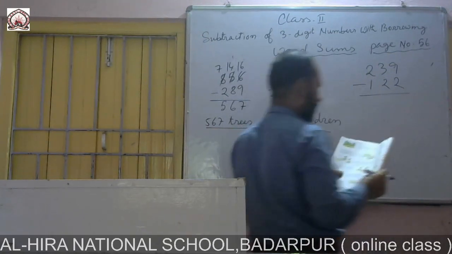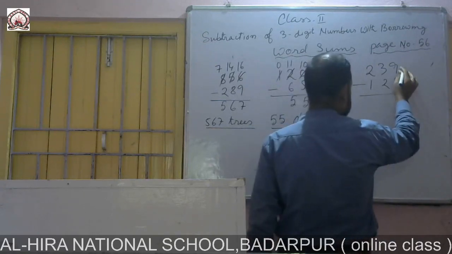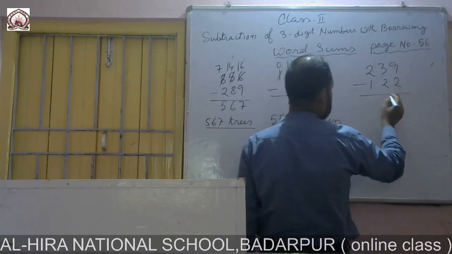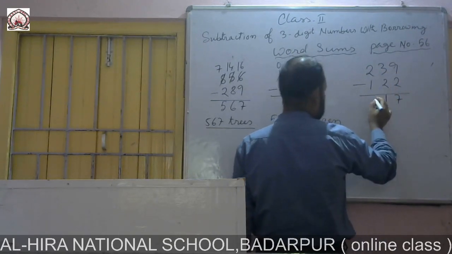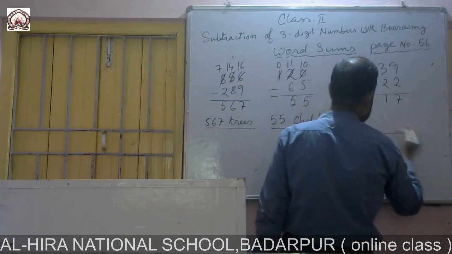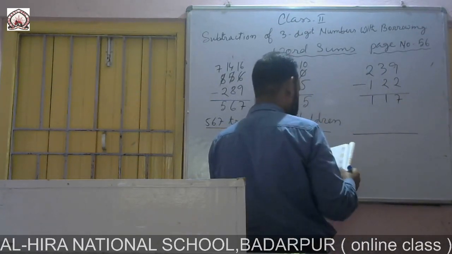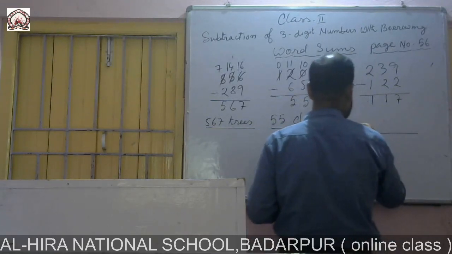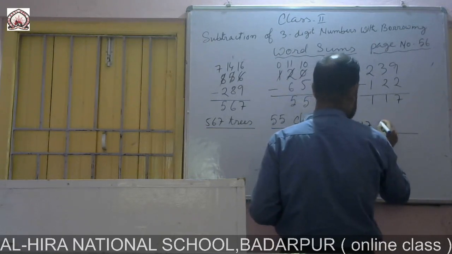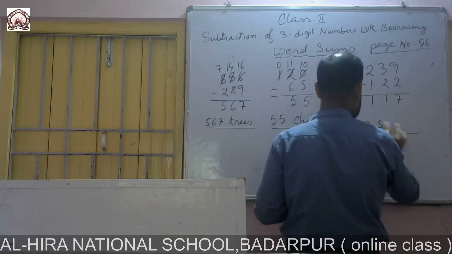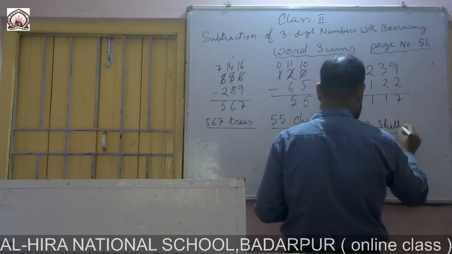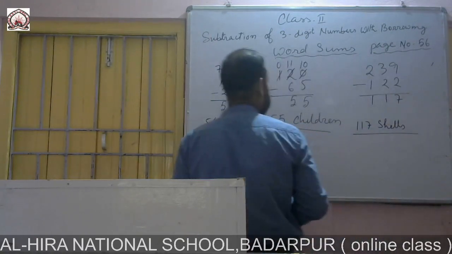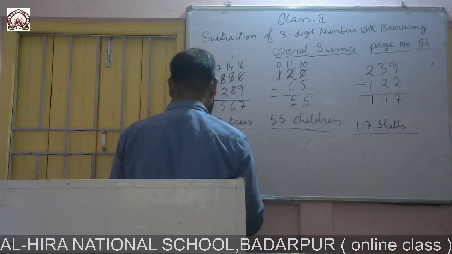239 minus 122. So here 9 minus 2 is equal to 7, and 3 minus 2 is equal to 1. 2 minus 1 is equal to 1. So Ajit collected 117 more shells. 117 shells. Next